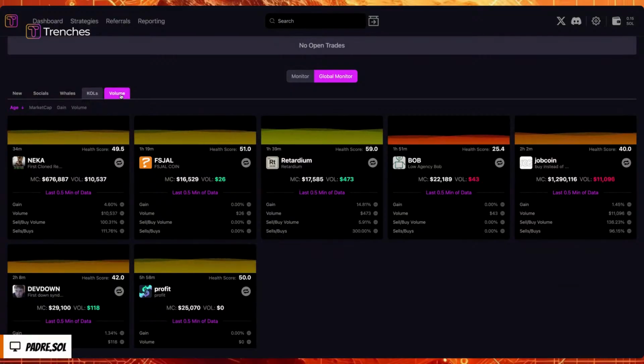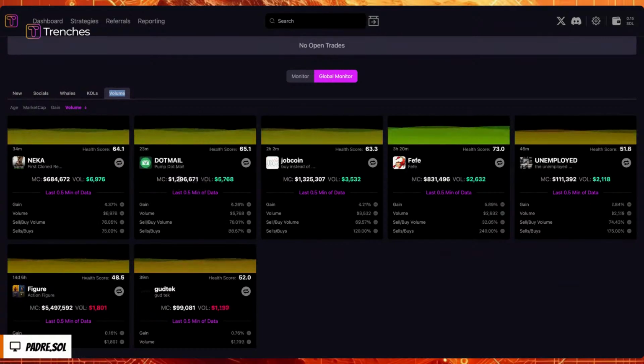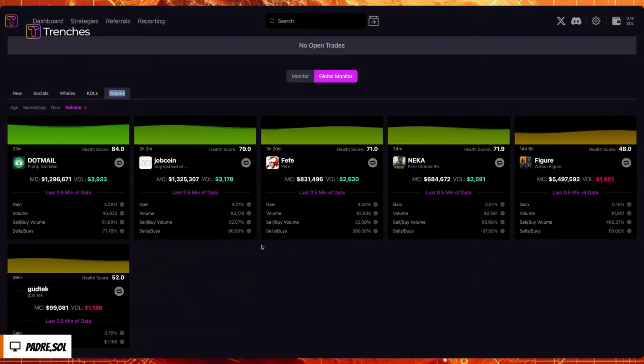KOLs always seem to just throw something out there. Now, remember, as soon as these are detected, they are displayed. So they are detected and they're delivered to you, the user, within the system. Now you can go to volume. There's our .mail again. As I told you, it looks highly bundled to me. It looks like it's being farmed, but that's something we can talk about in the manual trading video, which is